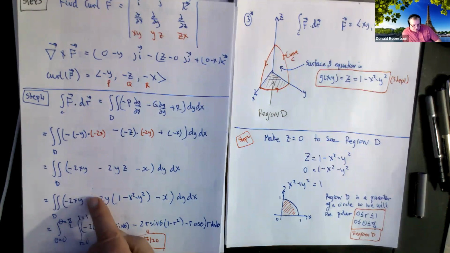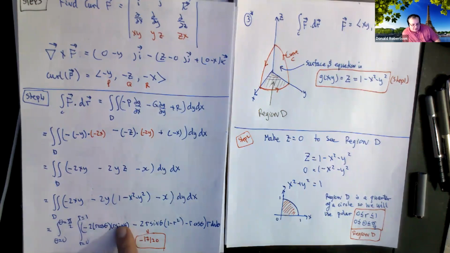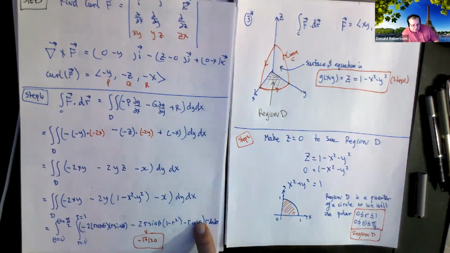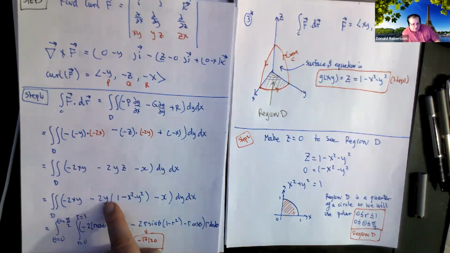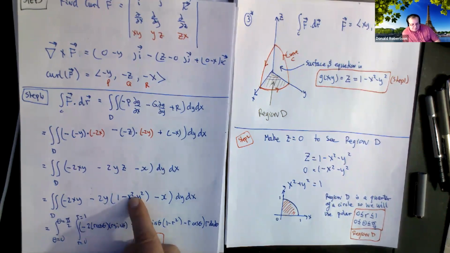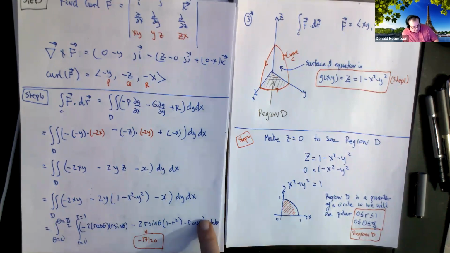Every x and y that you see here, here, and here is turned into an r cos theta for the x's, and r sine theta for the y's. This guy x is the r cos theta. You can see this y is the r sine theta. The only one that's half decent is that this becomes 1 minus r squared. And you're going to have to trust me, because this big horrible mess turns into essentially